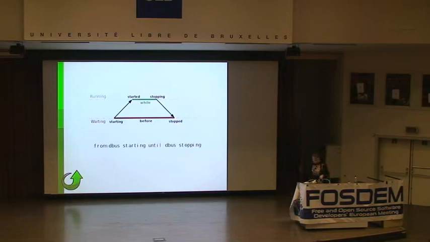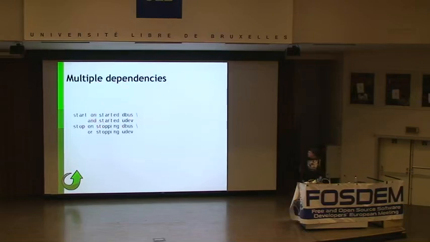There's also, if you want to define your own kind of pieces, if you wanted something running from when something's starting to stopping, i.e. when something's first started to when it's first stopped, you can do this with from until. It's a kind of easy way to do it. But I don't really know of any reason you'd ever want to do that, but there might be people who want to do that.